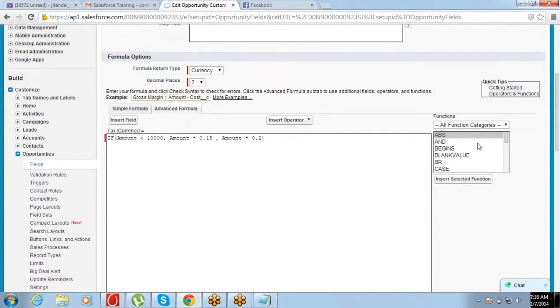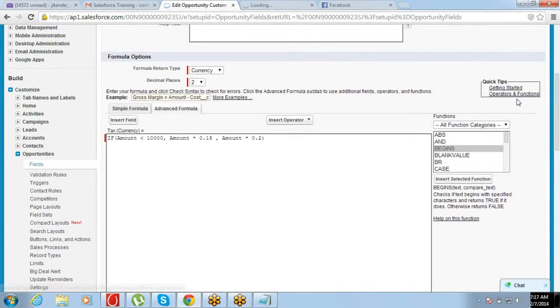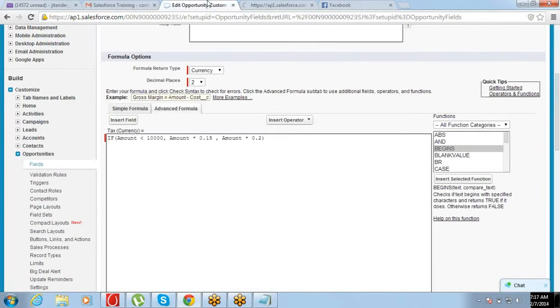All the functions are listed here. If you come to the screen, you will find all the functions listed. If you click on any function, it will tell you what that function does and how it needs to be used. If you need more details, you can click on this page with operators and functions, which takes you to a page where all the functions are defined properly with examples.